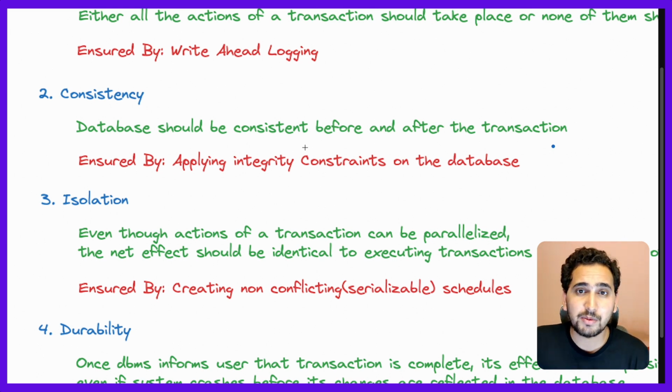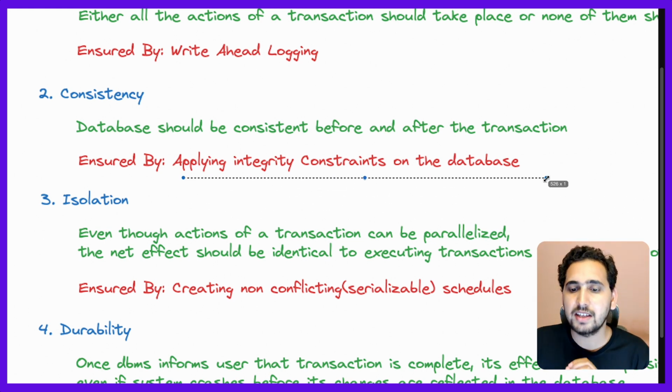But what does it really mean? What does consistency even mean? Who is defining consistency? We are saying that the database should be consistent before and after, but what does the database being in a consistent state mean? Who is defining that and how is that getting defined? That is something people get confused about, but it is basically ensured by applying integrity constraints